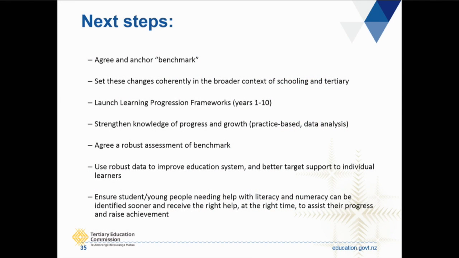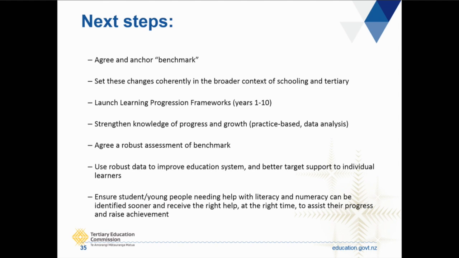And then the two most important points: we have to use robust information to better target. We've got to get our resource, because it's precious. A lot of you have raised the resourcing issue. There is not enough resource to go around, so we've got to make sure that we get the resource to where it is needed most. And the very last point really just cycles me back to Kathryn and David's work, which is how do we make sure all of our young people achieve this level of literacy and numeracy? And how do we make sure that we get our resource to the right place at the right time in order to make the biggest effect?